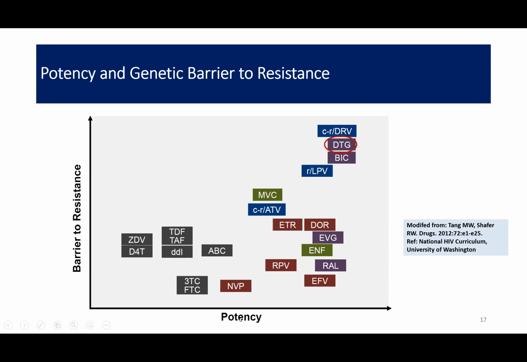In terms of potency, it is very much potent, and as compared to the other drugs which we routinely use, dolutegravir is much more potent than the other drugs. So this is the reason why we are promoting usage of dolutegravir, and why all the recent guidelines say that dolutegravir should be your first line of treatment. Highest genetic barrier to resistance, and also one of the highest potent drugs in the ART regimen.